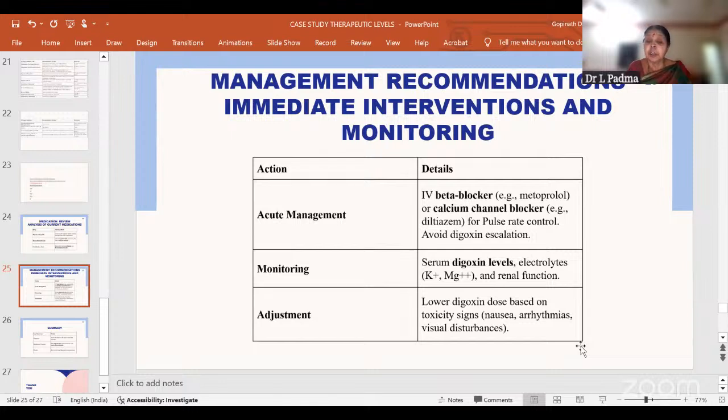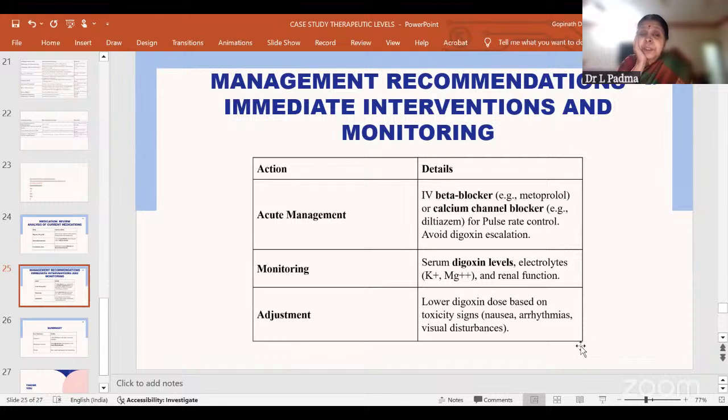So these are the better ones, and maintain the heart rate between 60 to 90 with metoprolol and diltiazem, which can be maintained very effectively. But if the patient is already on digoxin, monitor the serum digoxin levels and electrolytes. Why electrolytes? Potassium and magnesium mainly, because they are known to affect digoxin levels, and also renal function, as digoxin is excreted by the kidneys. So how do you do this adjustment? Lower the digoxin dose based on the toxicity signs, or give a drug holiday